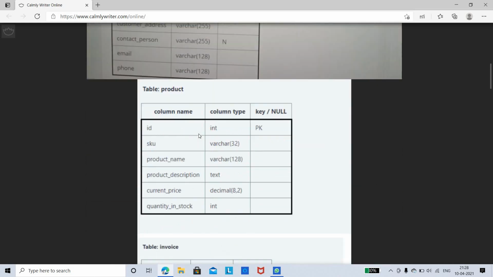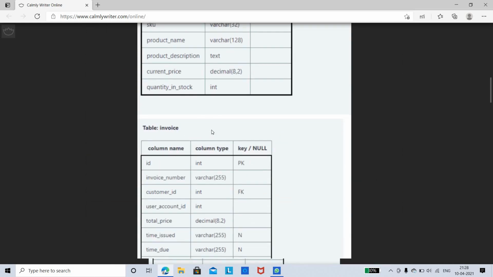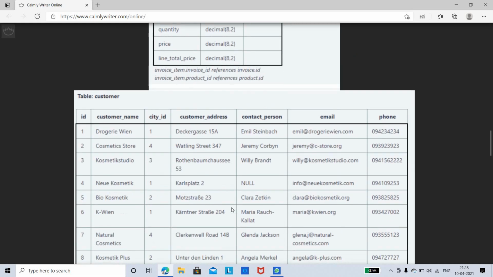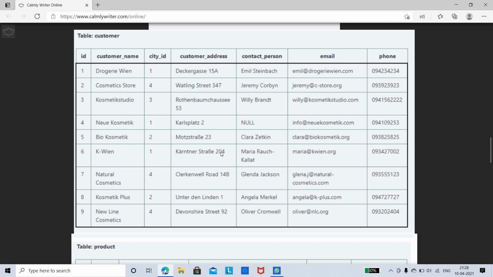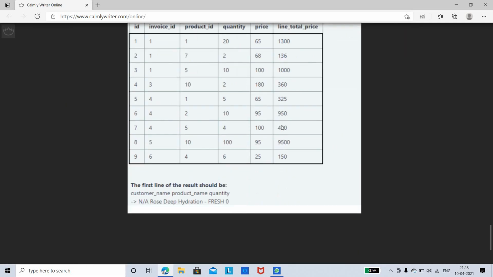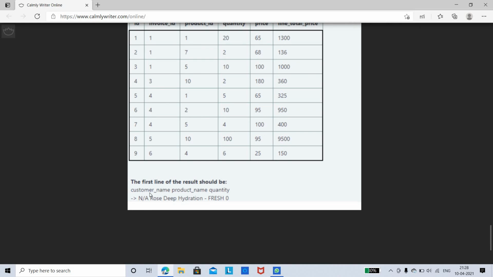The first thing is the customer, then the product, then we have the invoice, and then after that the invoice item. So we have a customer table, product table, invoice table, and again invoice items. And here what you need to display is, the first line of the result should be the customer_name, product_name followed by the quantity.